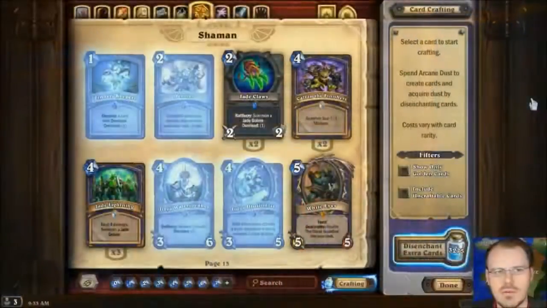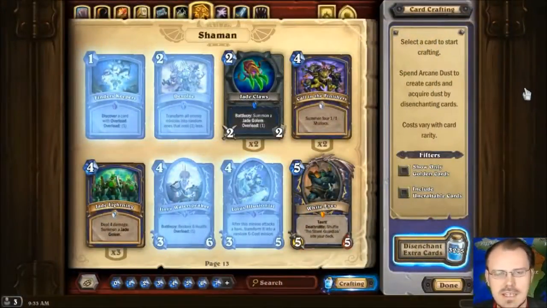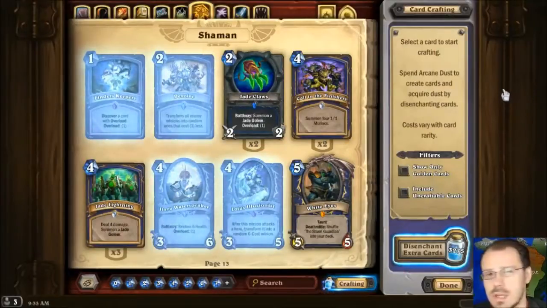Let's see if I can make it through part 2 of my Gadgetzan set list video, from Shaman through Neutral. Neutral is going to be a lot. It'll probably be longer, but let's see. So, Shaman, again, is in a faction that has Jade Golems, but let's start with...